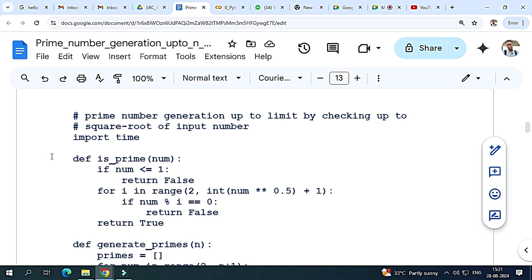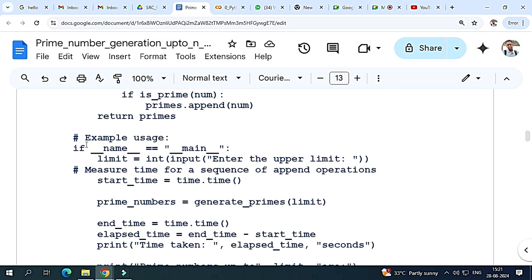Then another thing I wish to tell you is how to see the performance of your program. Every program you do in your PCA 1 exam and PCA 2, you have to measure the performance by yourself, and that should be written out on your exam paper. So what to do? You have to import time. You have to import time, and then the program starts here.